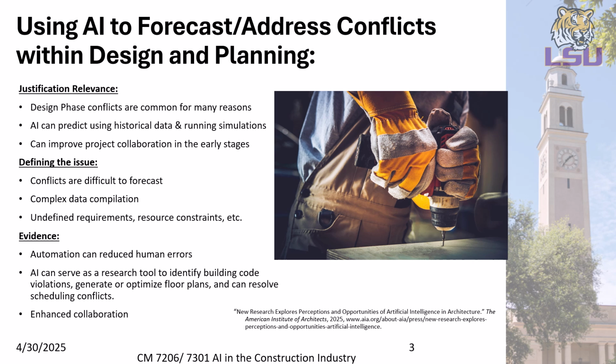With AI automation, it can eliminate those errors. In addition, AI can help predict conflict by using BIM software, showing where potential clashes may happen. Finally, the element of collaboration can keep all parties involved in real time, helping to eliminate problems that previously wouldn't have been discovered until later in the project.